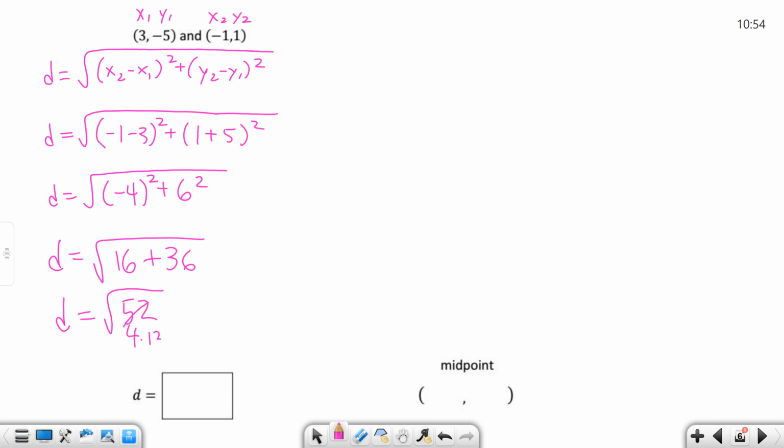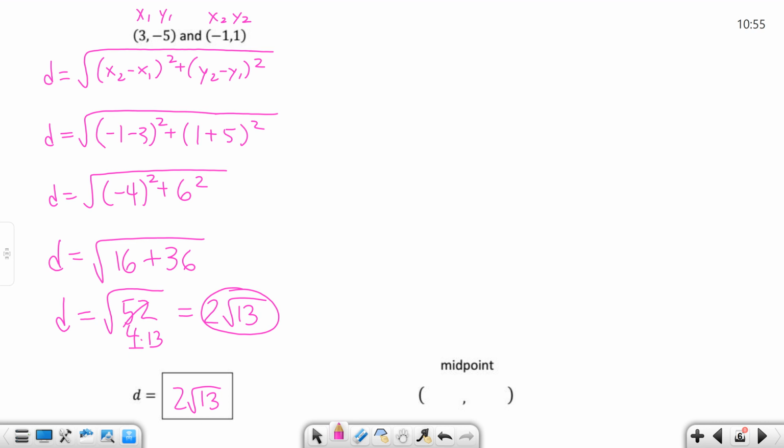Why did I pick 4 times 13? Because the square root of 4 is what? 2 square roots of 13, right? And that can't go any further. So 2 square roots of 13. But even going back to 52, if I were to get a decimal approximation, the square root of 49, that's what? 7. So 52, if I take the square root, is going to be a little bit bigger than 7. So if you plug in the square root of 52 or 2 square roots of 13 and you knew it was 52 to start with, and you get 1.6,